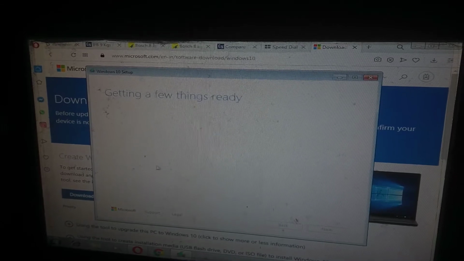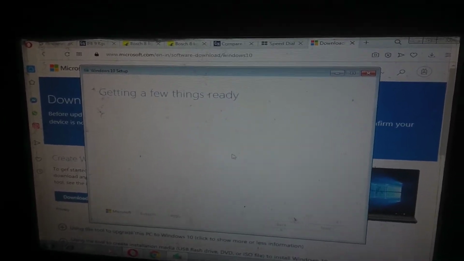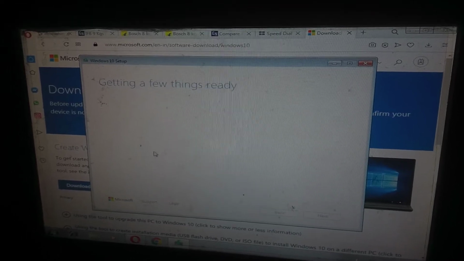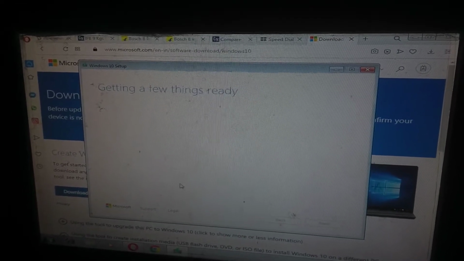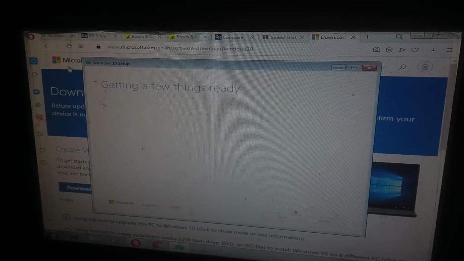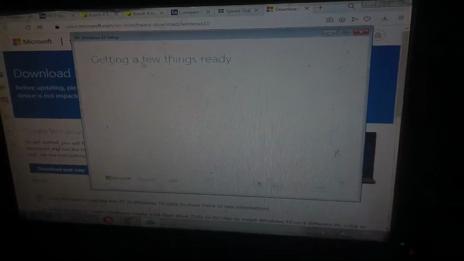Okay guys, you can see here it comes like this: Windows 10 setup, getting a few things ready, and you need to wait, it's loading. It's genuine, guys, it's from Microsoft. You can see clearly. Wait, guys, it's loading.